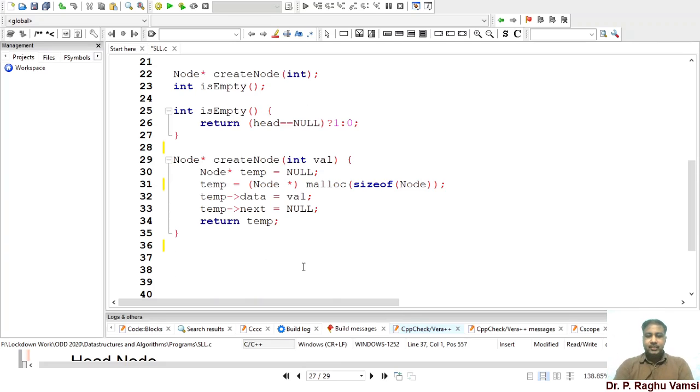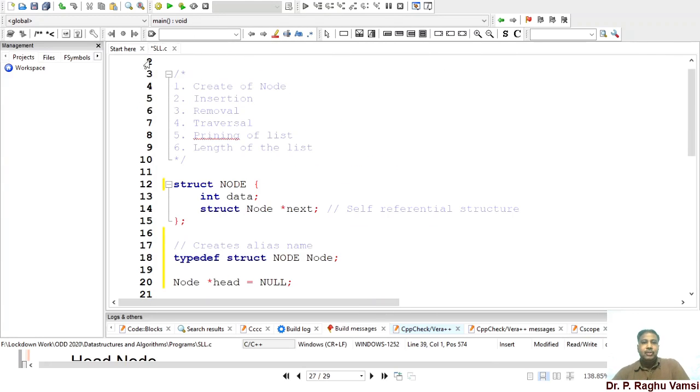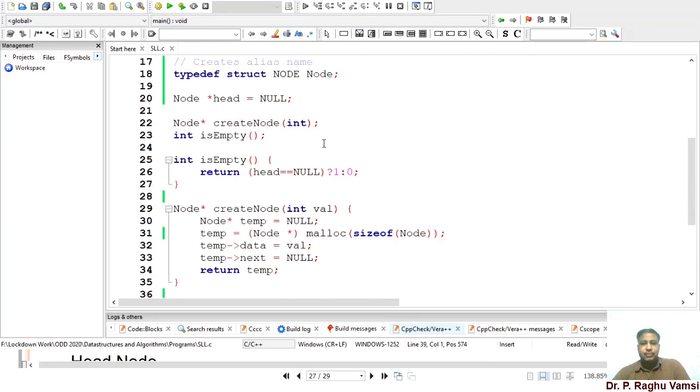Now I will see whether the code that I have written so far is correct or not. Step by step verification of our code is required. Once one step is over, then immediately you verify whether your code is running successfully or not. So far what we have done is creation of node.